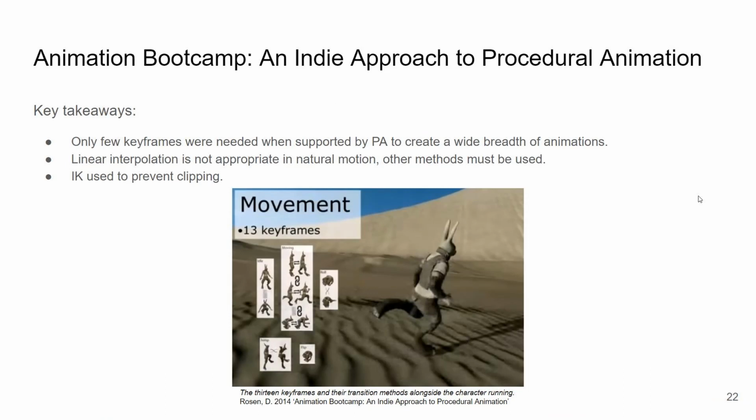Nonlinear interpolations and transitions are used extensively in Rosen's work to easily achieve far more natural-looking animations. IK was used to prevent clipping, but it seems that where it was not used, clipping did occur more often. Rosen only spoke of 2-bone IK, which is not a necessary limitation. However, Rosen also discussed the limitations of IK, and how too much use of it is like animating inside a